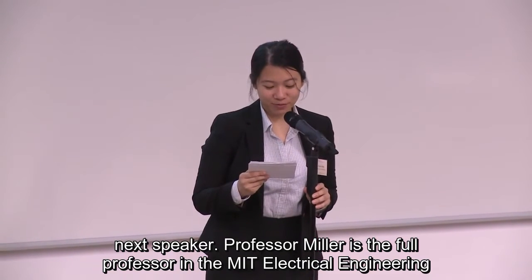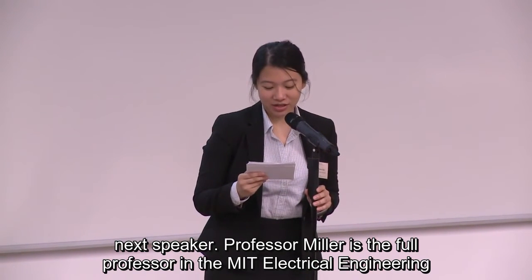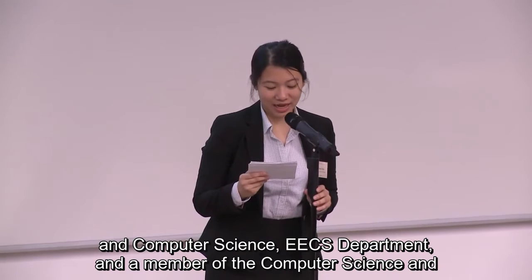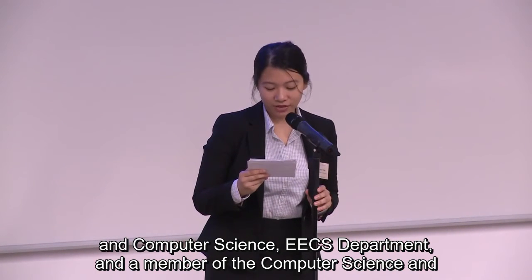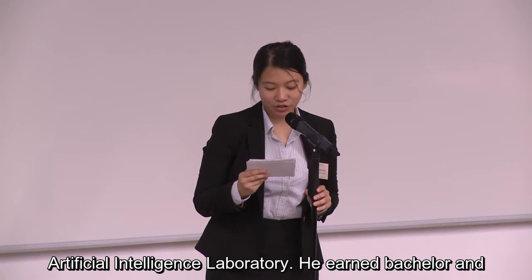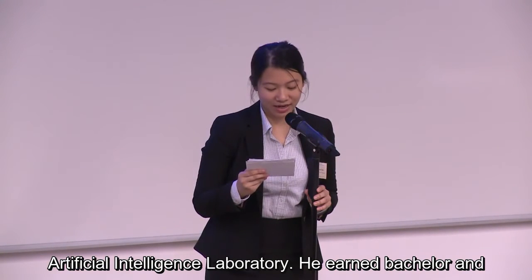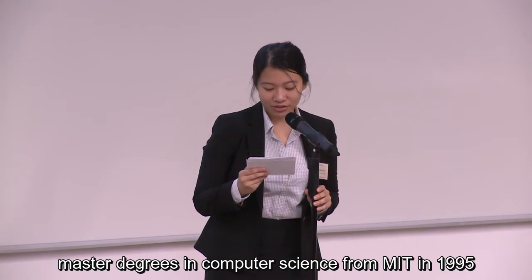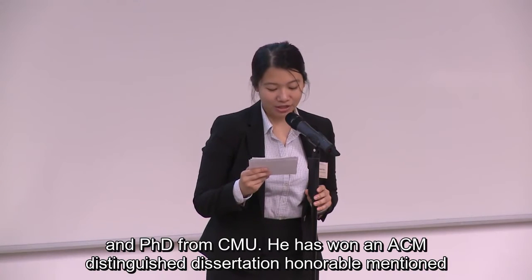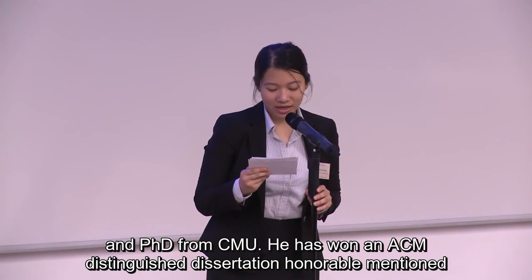Professor Miller is a full professor in the MIT Electrical Engineering and Computer Science (EECS) department and a member of the Computer Science and Artificial Intelligence Laboratory. He earned bachelor's and master's degrees in computer science from MIT in 1995 and a PhD from CMU. He has won an ACM Distinguished Dissertation Honorable